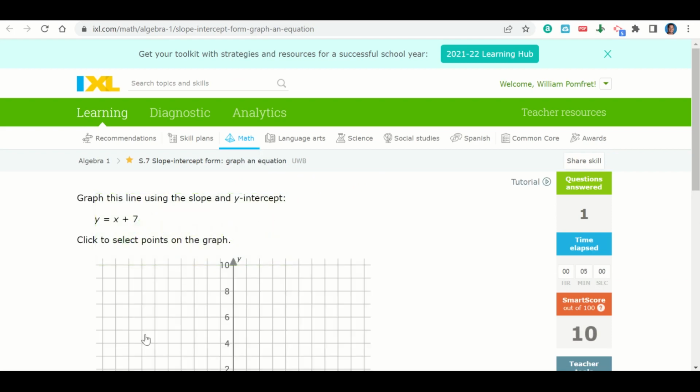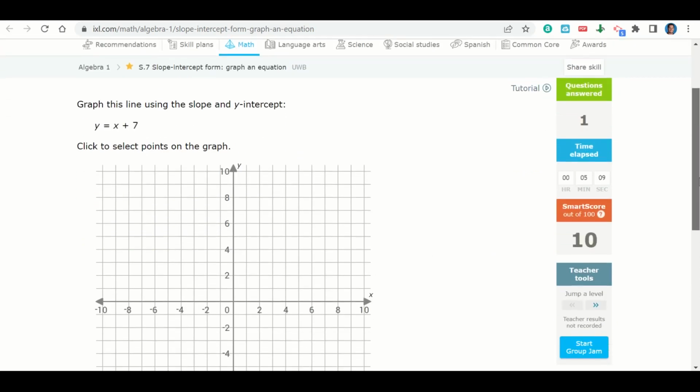It tells me I did a good job, my SMART score went up, and my timer started, and now it sends me on to the next question. So now I'm going to keep answering these questions. So the next one has a y-intercept of 7, so I'm going to go here to 7 and plot that